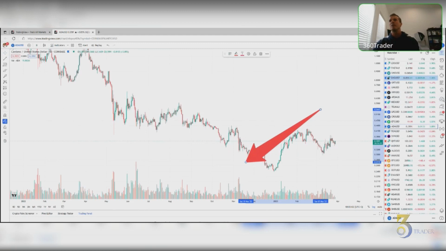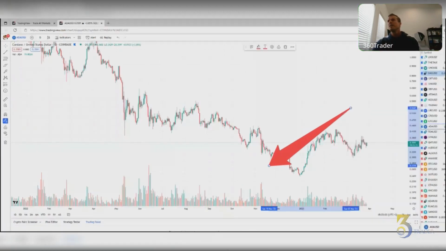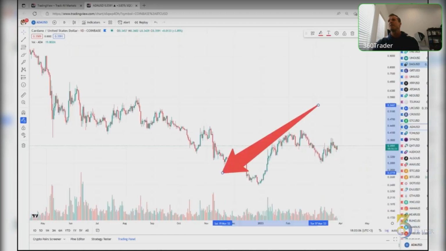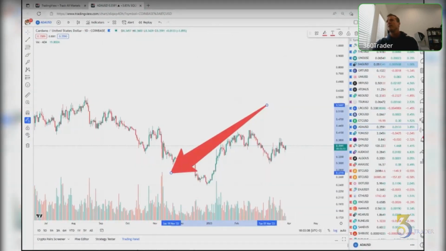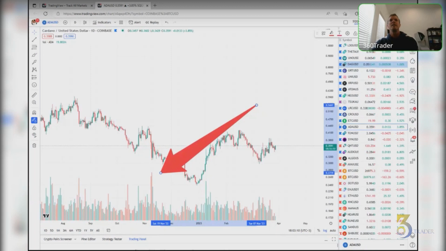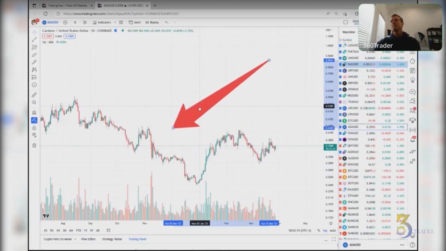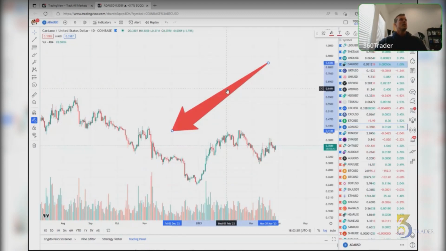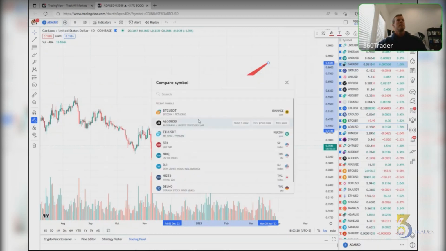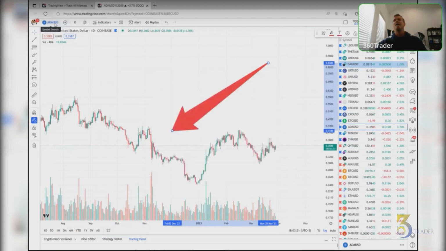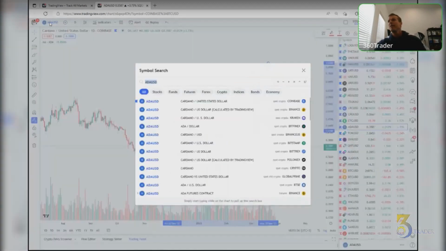I'm going to make this smaller because for some reason it doesn't look very clear. Now it looks like it might show up better for y'all. As I'm looking at the video that's being played, it doesn't look very clear, so I made that smaller. Hopefully you can see that better now. I'm going to go back up here at the add screen again. That's that plus. That's add if you want to compare. If you just click on the ADA, so I have ADA USD up here, you just click on that. Yeah, now it looks a little bit clearer.